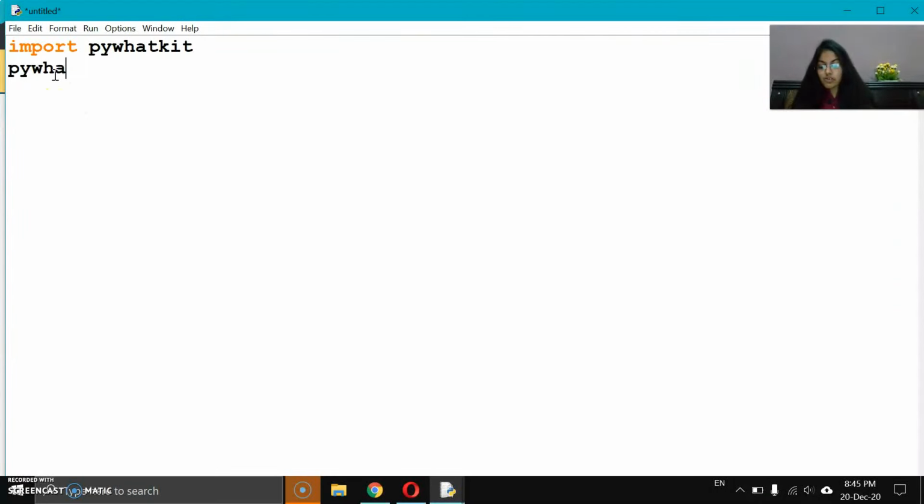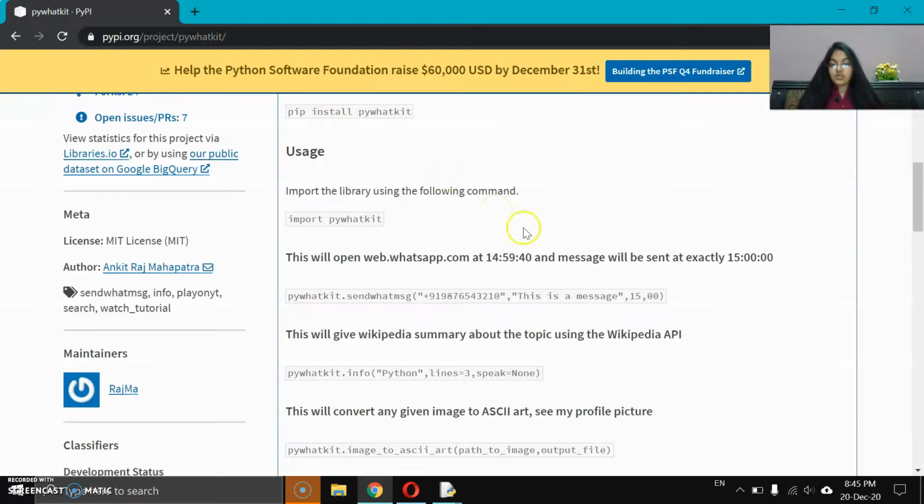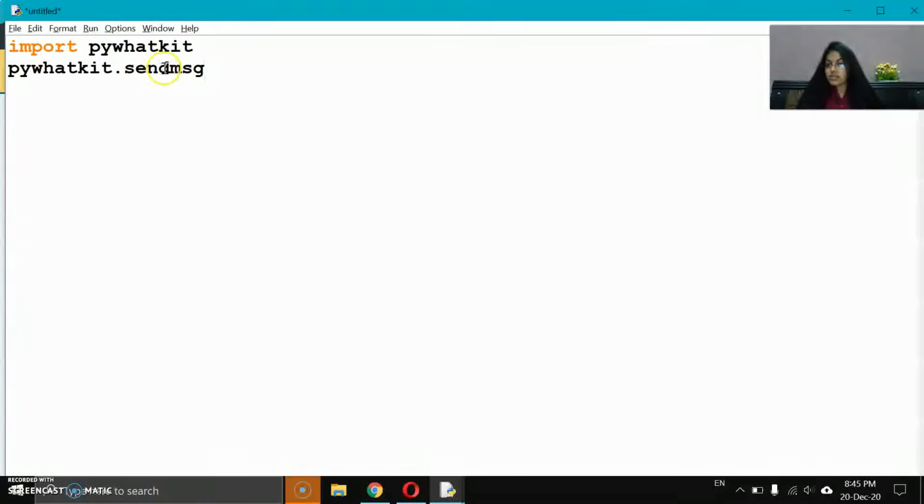So we have to write pywhatkit dot sendwhatmsg. Okay, sorry, sendwhatmsg. And write the spelling of message as MSG, not the complete word message. This is the inbuilt function sendwhatmsg, and here I am having 3 arguments. The first one, you have to write the name of the person to whom you want to send the message. Okay, for security reasons I will blur this part.